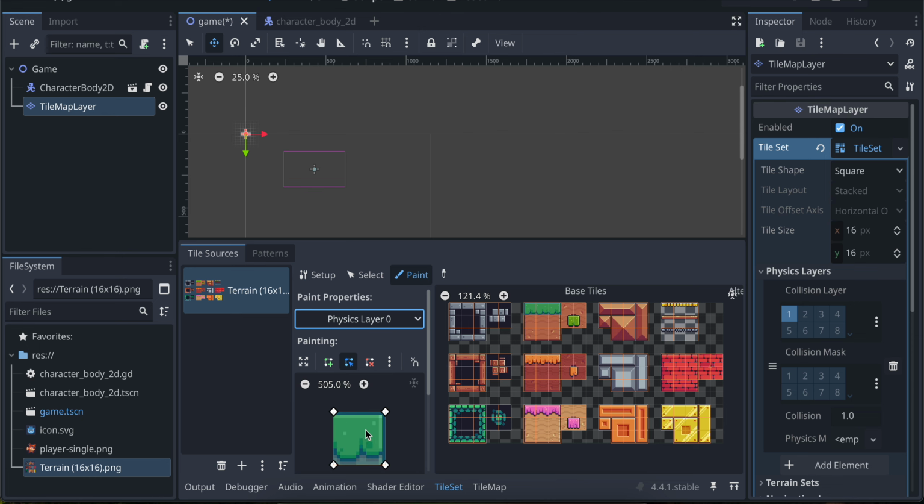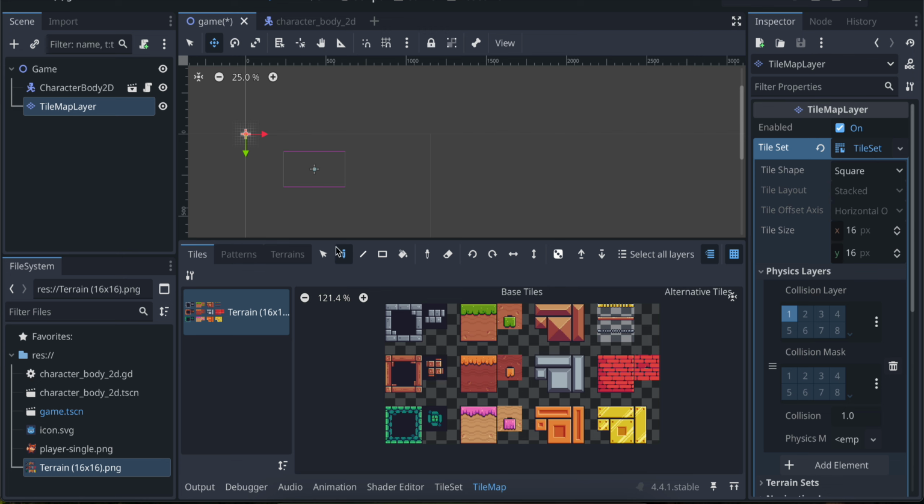Here you can see it has automatically added it for me. I can go to tile map, select the paint tool, and there is some kind of a bug in Godot. As you can see, it is not allowing me to paint this. I don't know why. So again